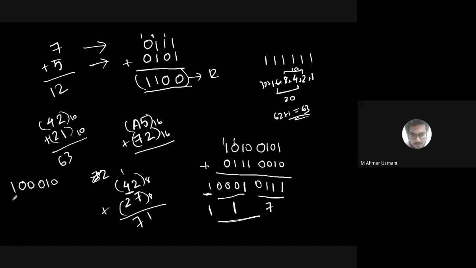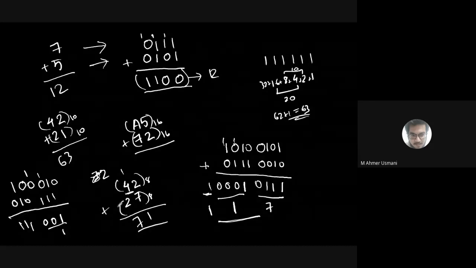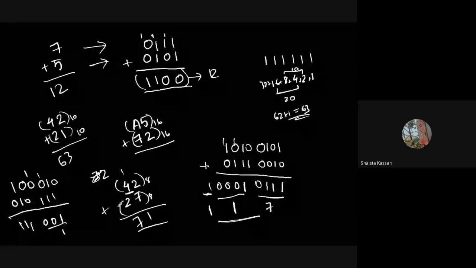27 को कैसे रिप्रेजेंट कराओगे? You have to make a group of 3. So 2 को रिप्रेजेंट कराने के लिए आपको 0 1 0 यूज करना पड़ेगा. And 7 को रिप्रेजेंट कराने के लिए क्या होगा? It will be 1 1 1. Now get the answer. 0 plus 1 1 is nothing but 1. 1 plus 1 is 0, carry 1. 1 plus 1 is 0, carry 1. Now 1 over here, 0 plus 1 is 1. 1 plus 0 is 1. So this is nothing but 7. What we'll get as the answer? 71. We were supposed to get 71 only. Is it clear? Yes, sir.